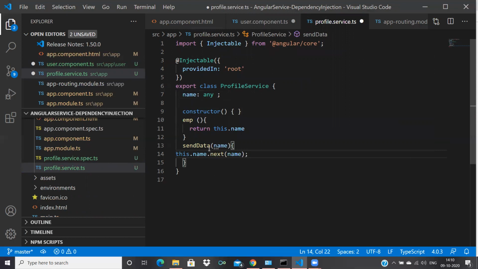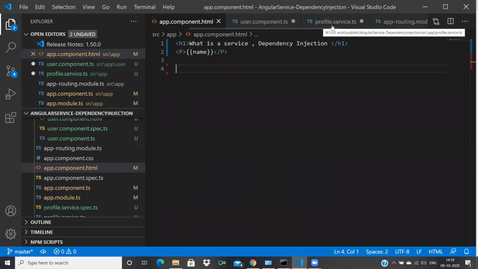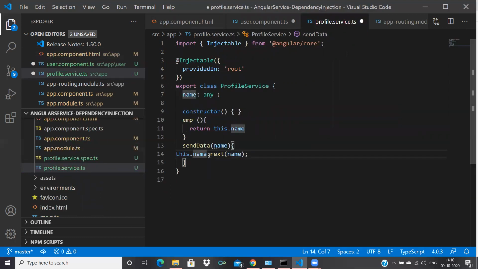Now I'm getting my name is Jatish, and I'm sending this data to this dot name. Now the value of this dot name is my name is Jatish, and I want to bind the data in app.html, using the service.